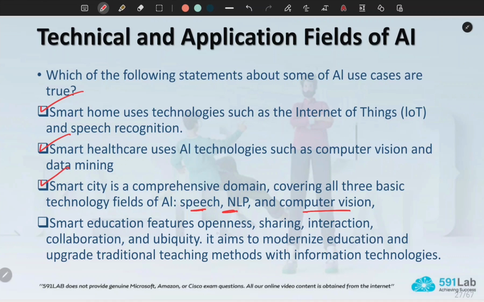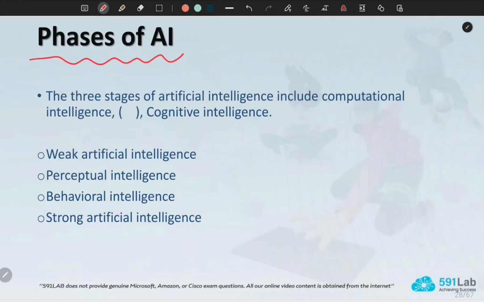Smart education features openness, sharing, interaction, collaboration, and ubiquity. It aims to modernize education and upgrade traditional teaching methods with information technologies. Also correct.